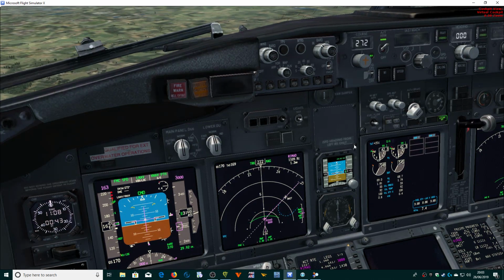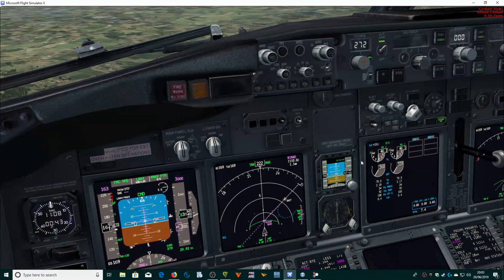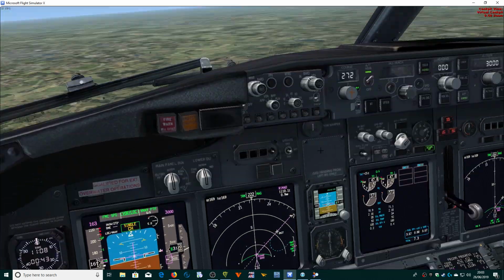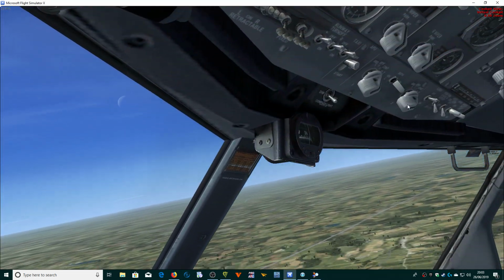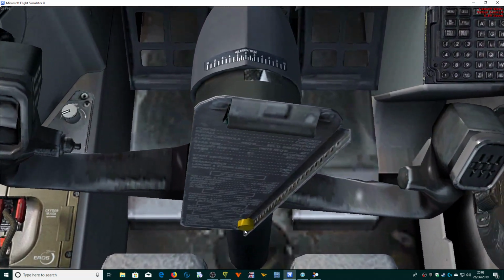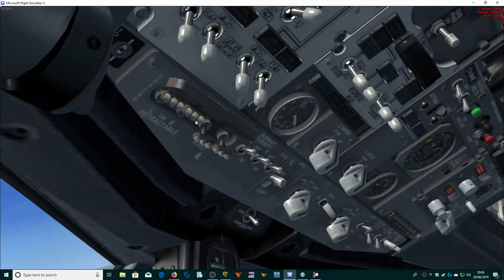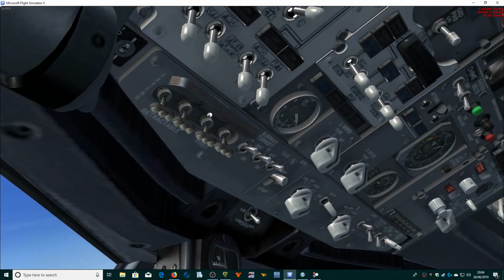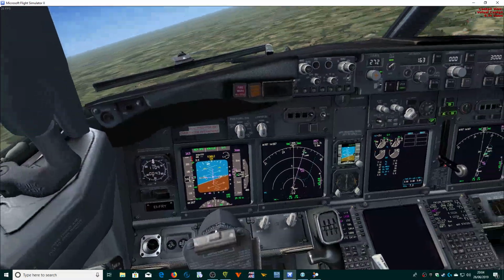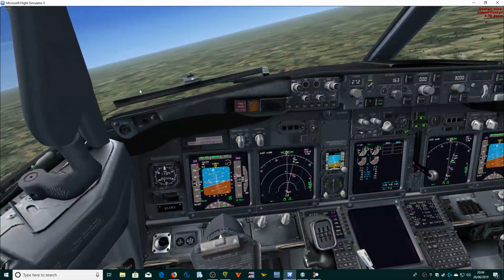I can only go as far as flaps 10 until I extend the gear, so gear's coming out now, which means that this needs to be set to continuous. The retractables are coming out. We have the glide slope, we have the VOR, so